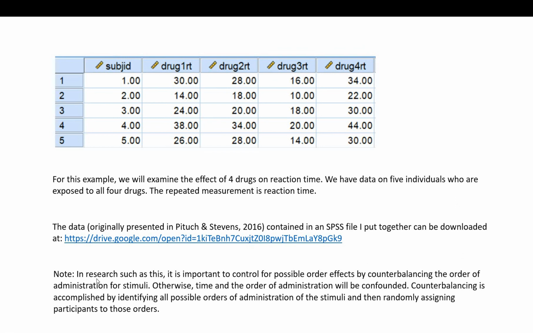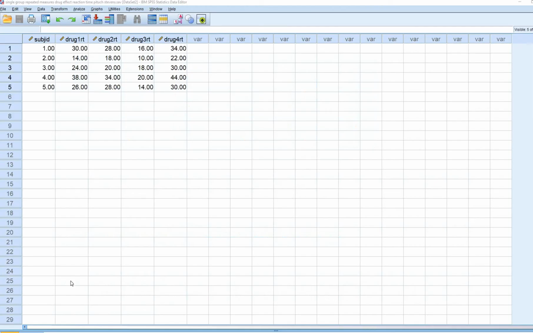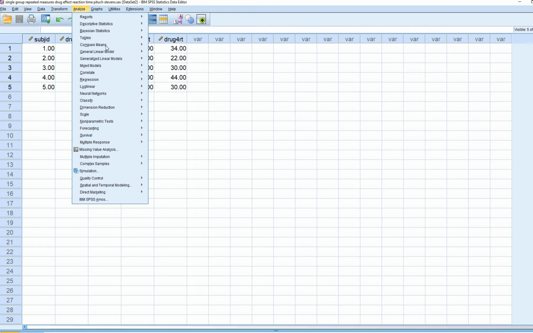And I do make a note that in research such as this, where basically the same individual is exposed to multiple treatments, it's important to control for possible order effects through the use of counterbalancing the administration of the stimuli. Otherwise, what you'll have is time and order of administration being confounded. Counterbalancing can be accomplished by identifying all possible orders of administration of the stimuli and then randomly assigning participants to those orders. So here I have the data opened up in SPSS, and I'm going to go to Analyze,